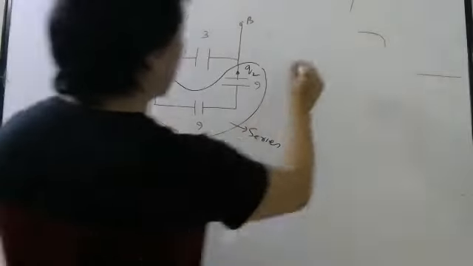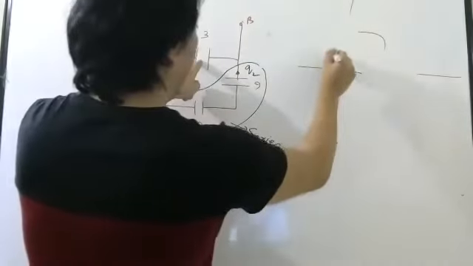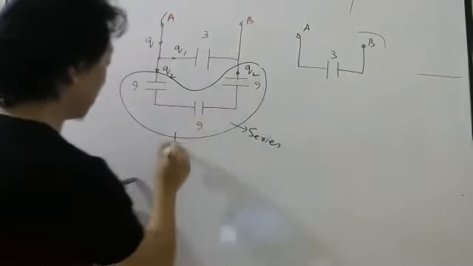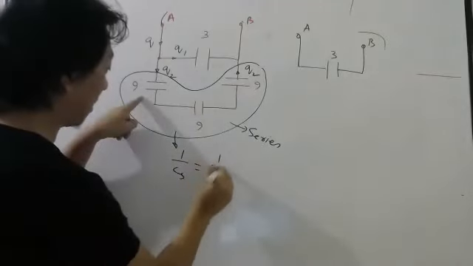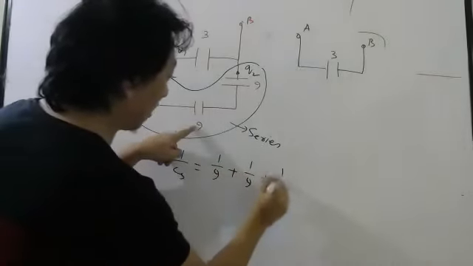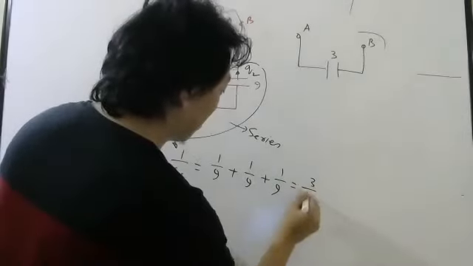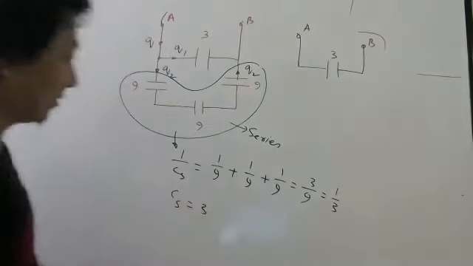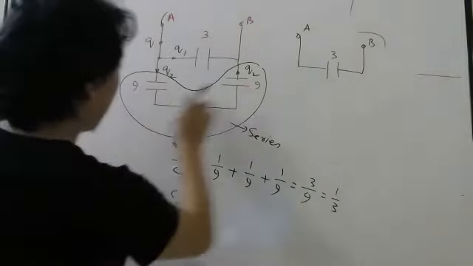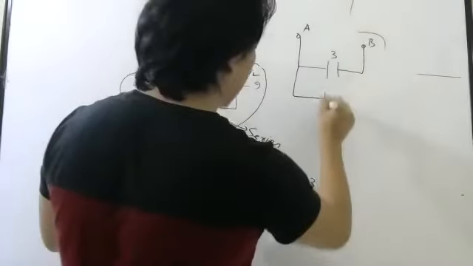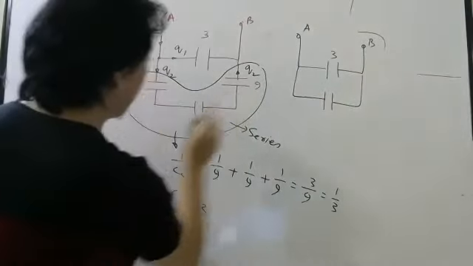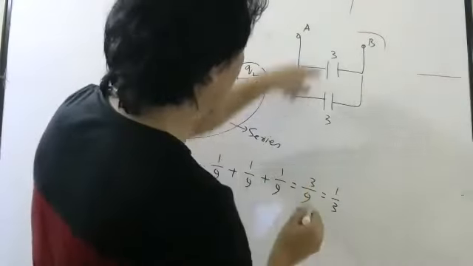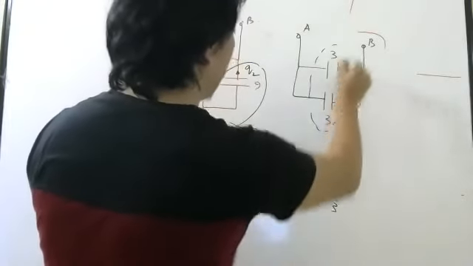Once I have come to know, see the diagram now. So this will be 3. This is my terminal A, terminal B, and these three are in series. What is the formula for series? 1 by CS equals 1 by 9 plus 1 by 9 plus 1 by 9. Check carefully if I make mistakes. 3 by 9, so 1 by 3. Inverted, it will be 3. So the total of these 3 capacitors is 3. So I can replace these 3 capacitors by 1 capacitor. Understood? 3. Now you can see these two are in parallel.